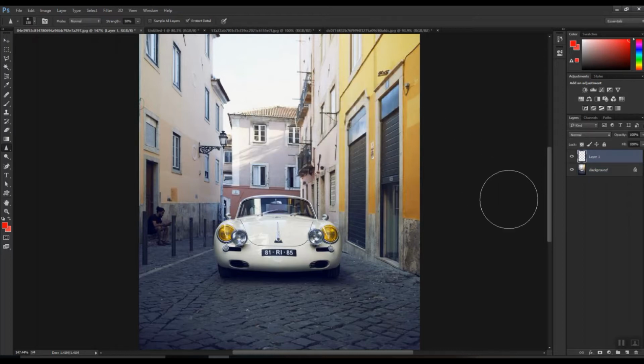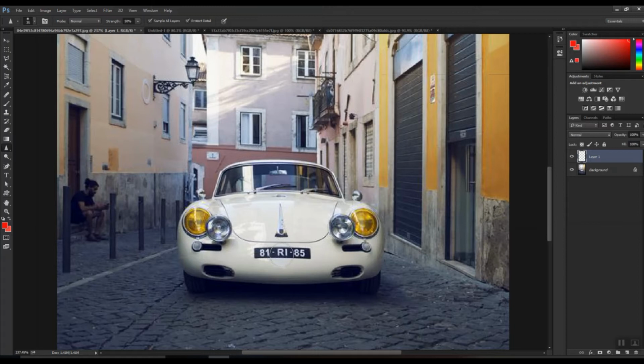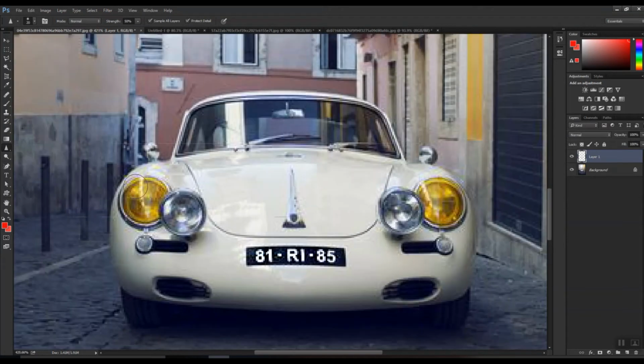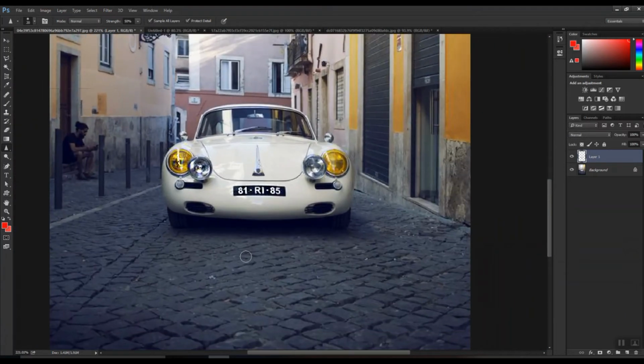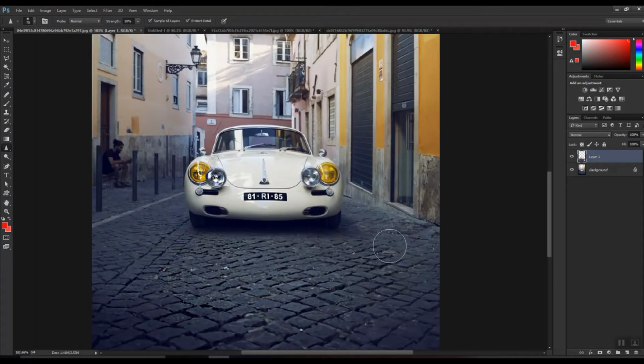The properties are the same. Make it to sample all layers, select sharpen tool, and for example let me say I want to highlight this particular number plate. So simply click and drag your mouse and you can see the area is getting highlighted. For example, let me say I want to highlight this particular area as well, and the pavement which you can see, I want to highlight this particular as well. In this also, to highlight a specific area you use the selection and the polygonal tool.